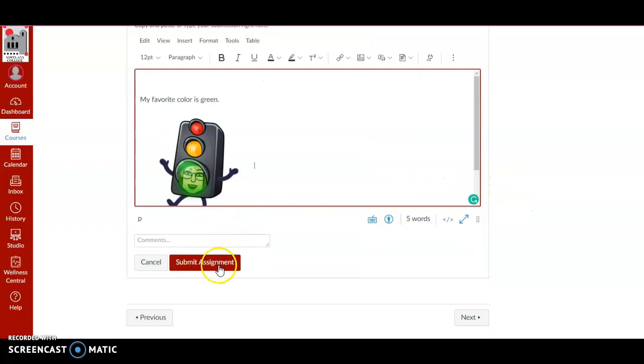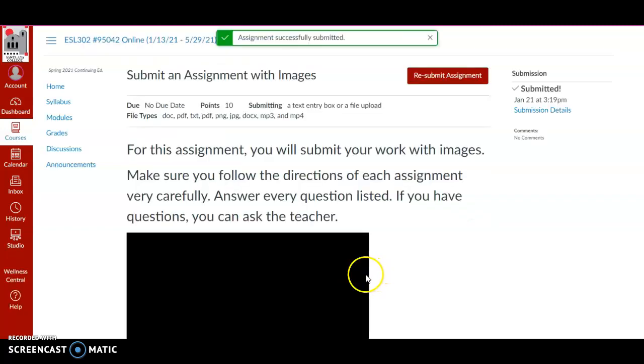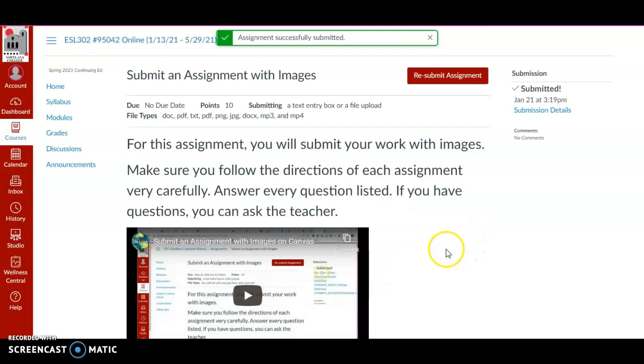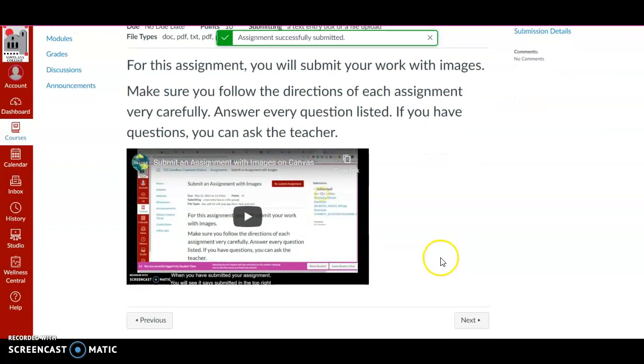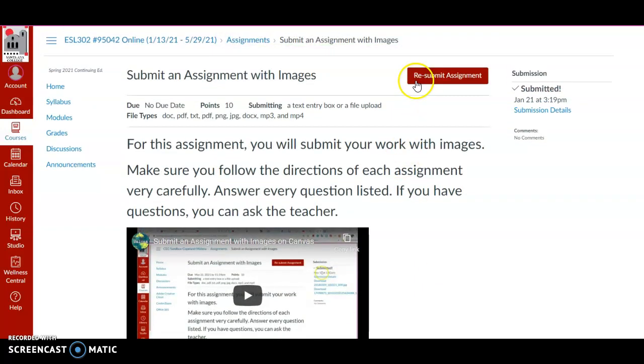Now, when you're finished with your assignment, you can also always add comments, maybe a question or maybe some other comments that you wanted to say to the teacher, like, thank you for your time, I appreciate it. And then you'll just click submit. And once you click submit, then your work will be submitted and the teacher will be able to correct it. And like I said, sometimes you'll be able to resubmit if the teacher allows it.